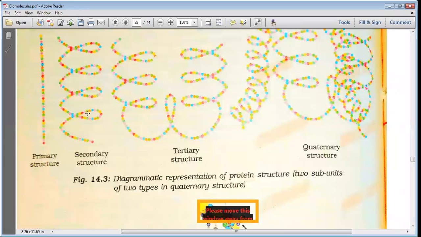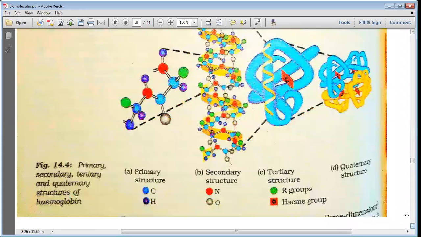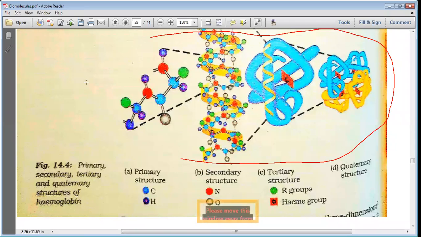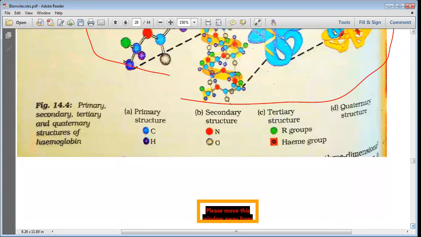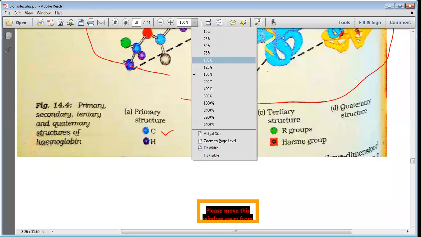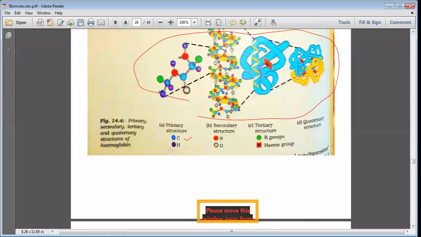Here you can see in the figure the primary structure, the secondary structure, the tertiary structure and the quaternary structure of proteins, my dear students. And you can see these proteins are available in these forms in our body. And here you can see that in primary structure, the part which is of a sky blue color is your carbon, and the dark blue